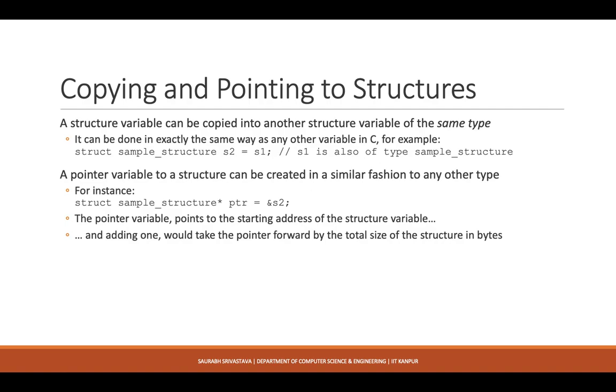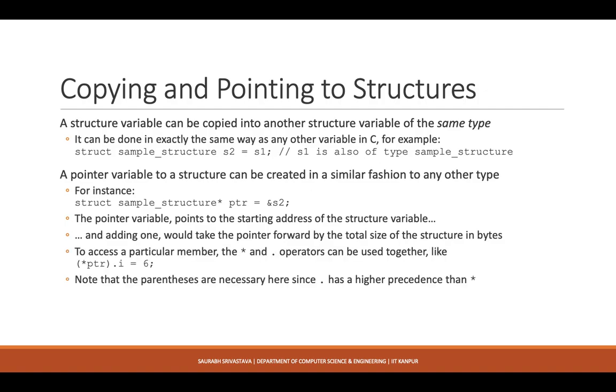If you try to add 1 to it, it simply jumps in the memory by the total size of the structure in bytes, right? So let us say your structure is taking 10 bytes of memory, then if you add 1 to it, it'll jump by 10 bytes in your memory. It's again the concept of how pointer arithmetic works.